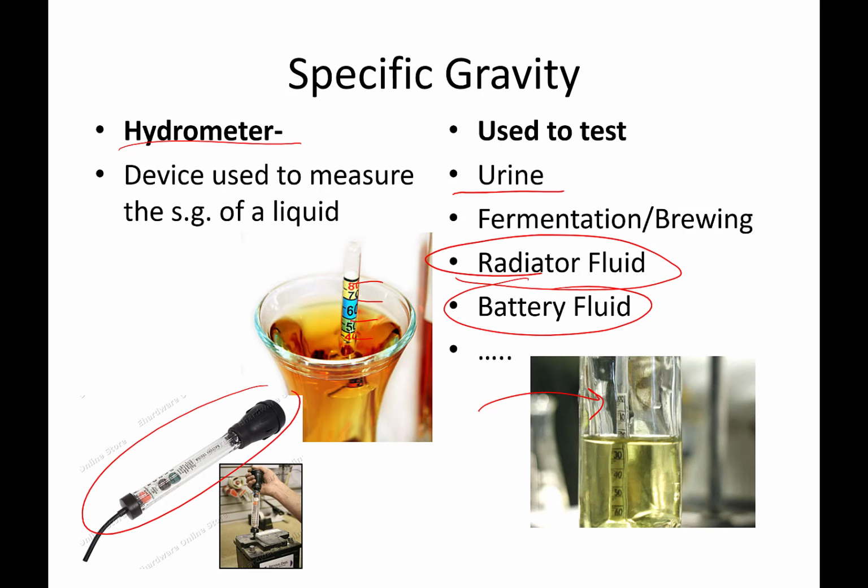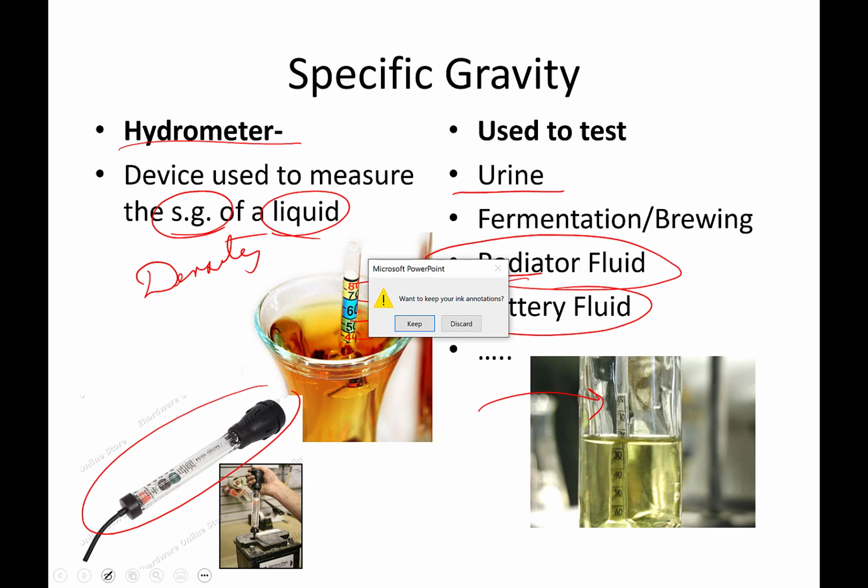It might look like this, and they can suck up the battery fluid, and by looking at the battery fluid, determine if the battery is good or bad. It is a quick way of measuring specific gravity, and by that method, determine the density of the liquid they're looking at. Okay, next time we're going to come back and we are going to do some math with